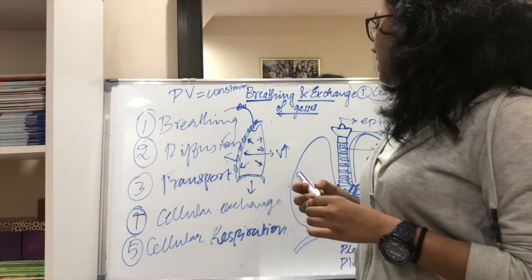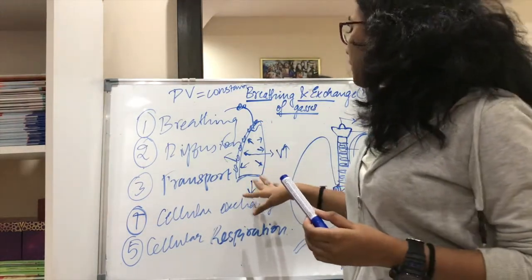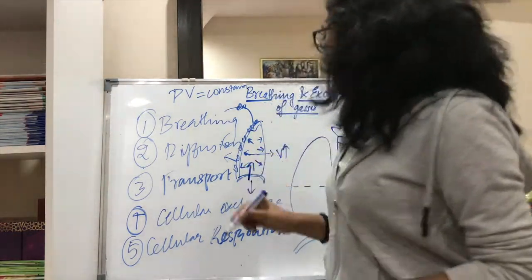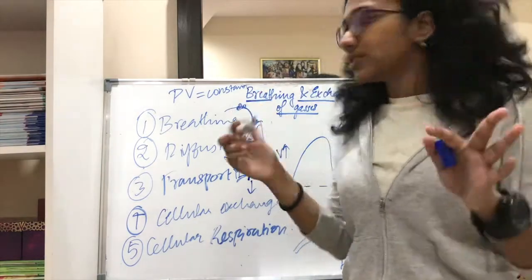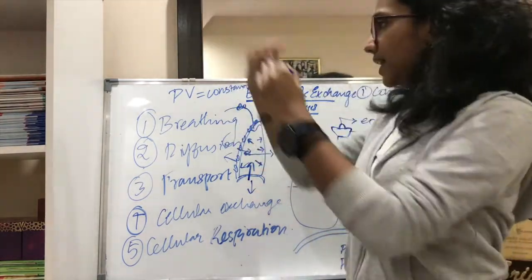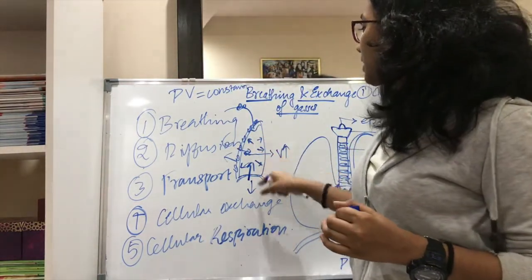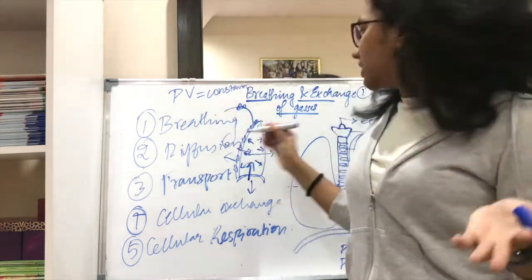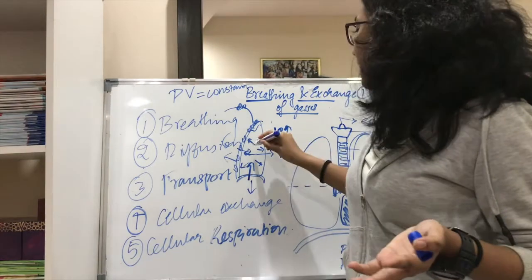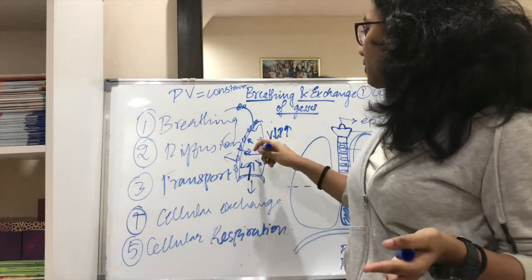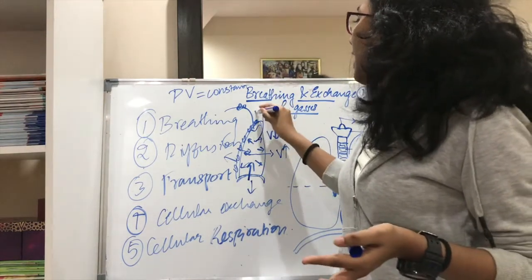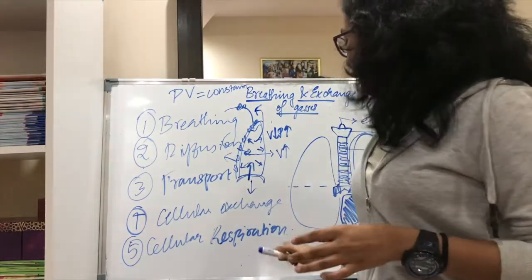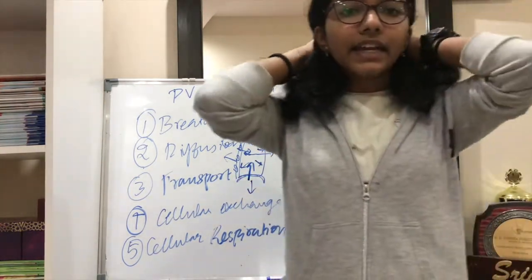Similarly, expiration में क्या होता है कि the diaphragm it relaxes, so it automatically moves up, and intercostal muscles they also relax, so they move downwards ऐसे इस तरफ. So इधर का volume कम हो जाता है expiration में, and similarly pressure will increase, and that's why air moves from a region of higher pressure to lower pressure. तो expire होके carbon dioxide moves away. So this is the mechanism of breathing in animals.